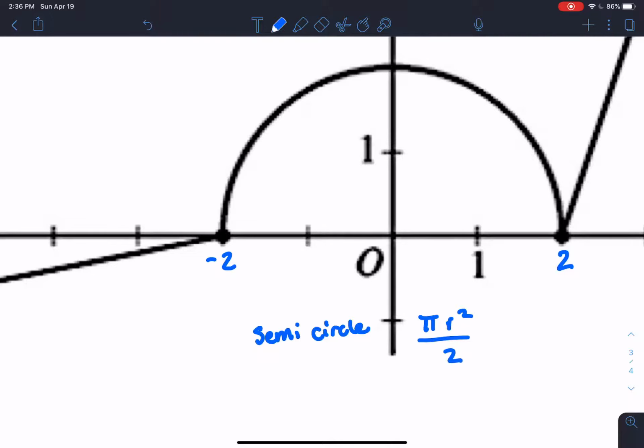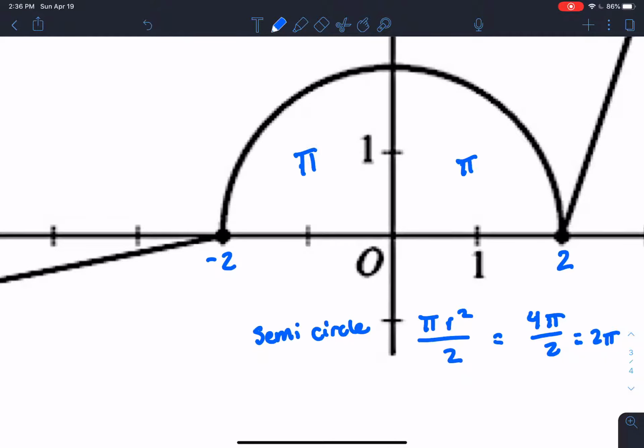If the radius is 2, this becomes 4 pi over 2, or just 2 pi. So this whole thing from -2 to +2 is 2 pi. If I split that in half, from 0 to 2, it's just 1 pi,